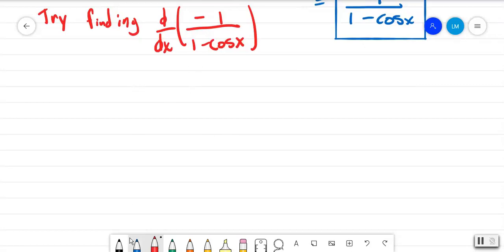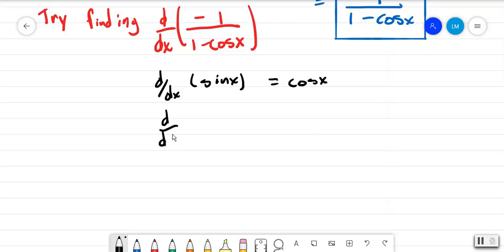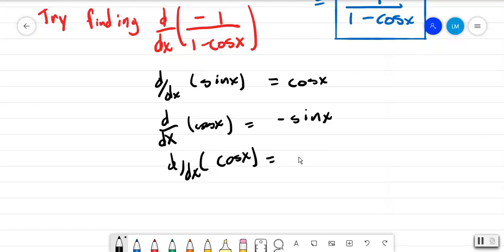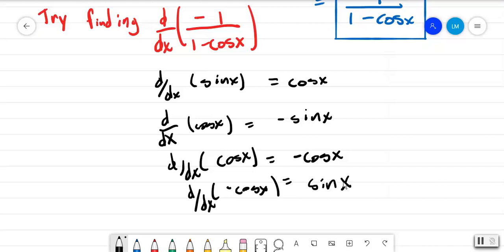Now, note that if you were going to take the nth derivative of sine, if you take the derivative of sine of x, that's going to be cosine of x. If you take the derivative of cosine of x, it becomes minus sine of x. If you take the derivative of that, it's going to be minus cosine of x. Then again, you take the derivative again. If you take the derivative of minus cosine of x, it becomes positive sine of x, which means it depends on how many derivatives you're taking, for instance, an even number of